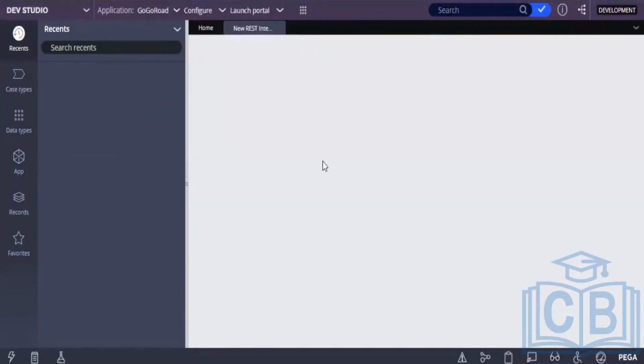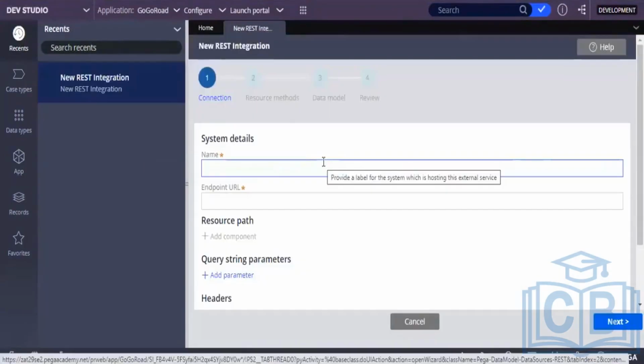From where we are creating, it is called a wizard. While creating connect REST rules, we can use either the wizard or create them individually. What is the advantage? Whenever you create through the wizard, it will create all the rule types it requires. It requires rule types for data transforms, data pages, and some properties.